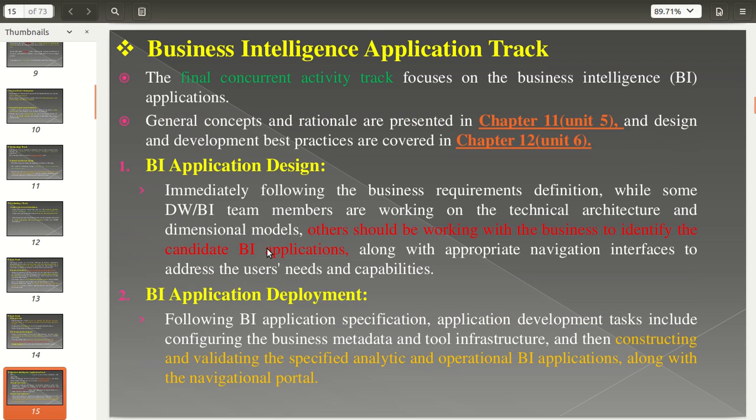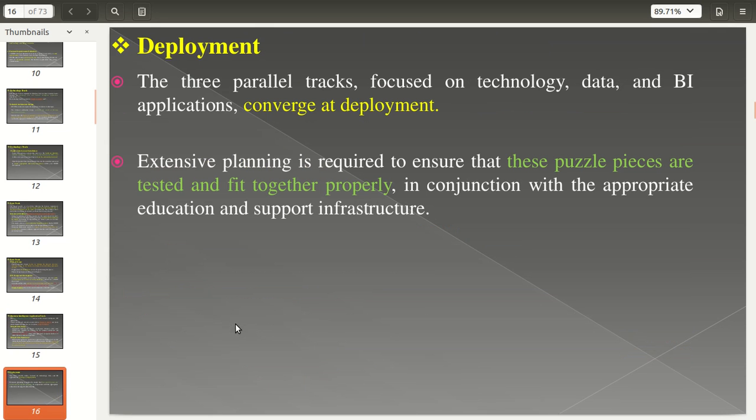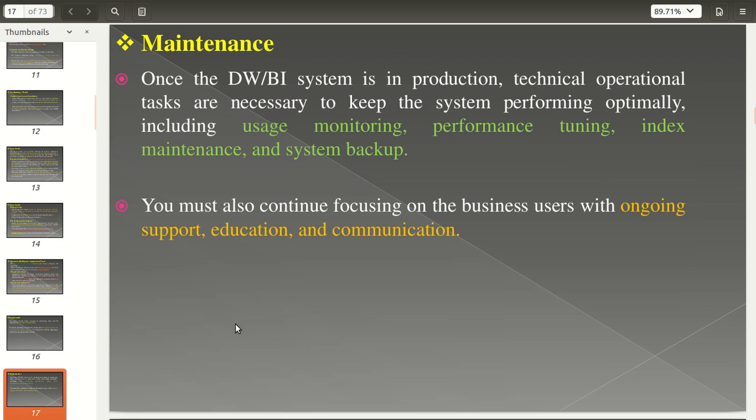The last track is the business intelligence application track. It also has two parts: BI application design, and second, BI application deployment. At the end you have to combine the input from all three tracks and provide it to the deployment section.